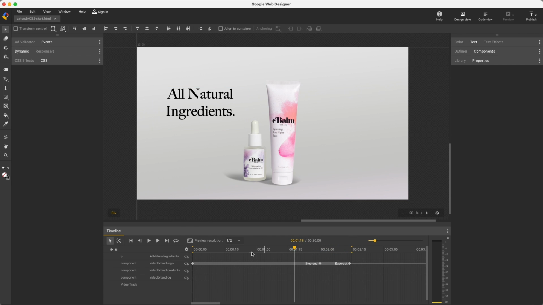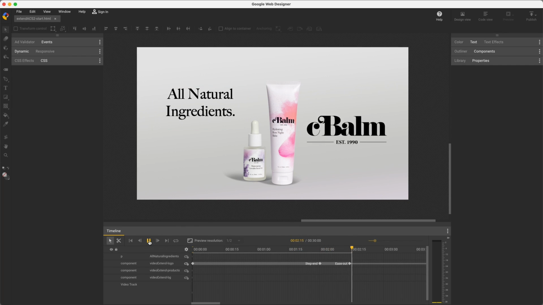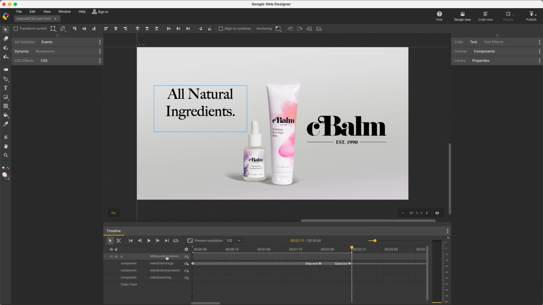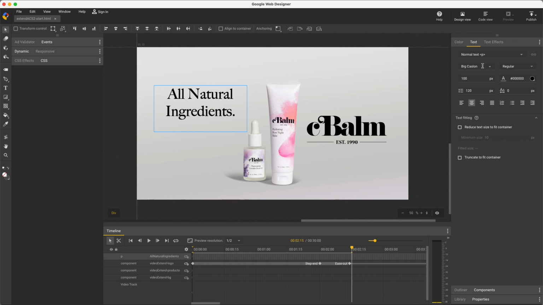There's no video content yet, but I've got a subtle animation on the logo fading in, and next I'll create some motion graphics with this text, which, by the way, I'll point out, since the output will be video, I have full access to all my design fonts, so I'm not limited to just web or Google fonts.